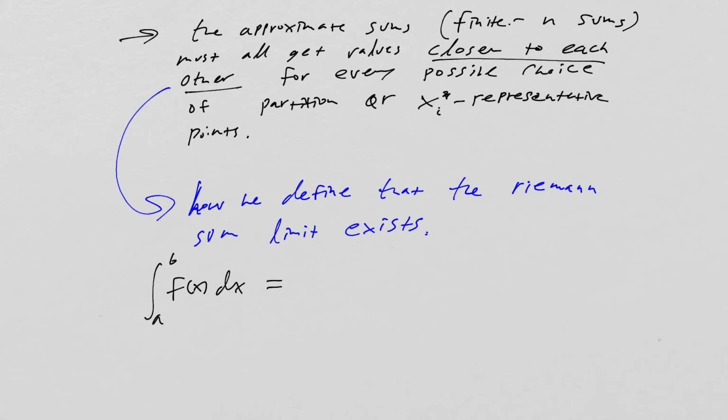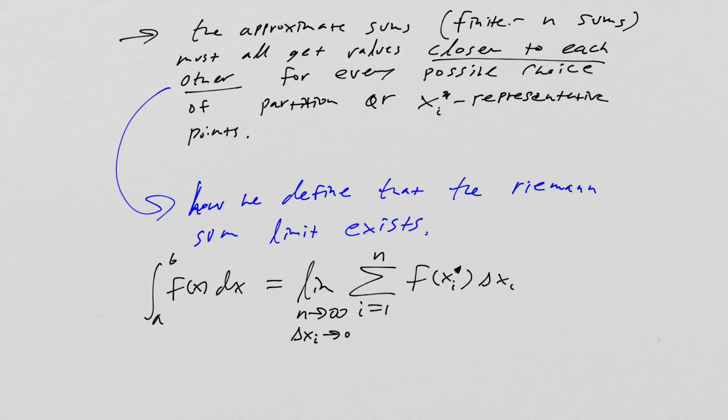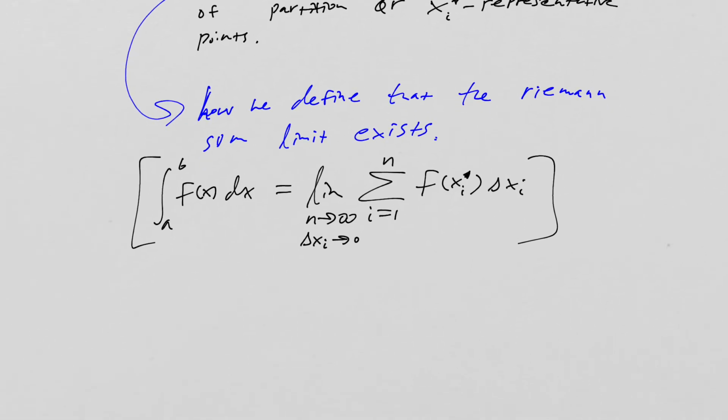This symbol represents this process of n going to infinity and delta xi all going to 0 of this finite sum, like that. Okay, so if this is the definition, and again, that's only if it exists,